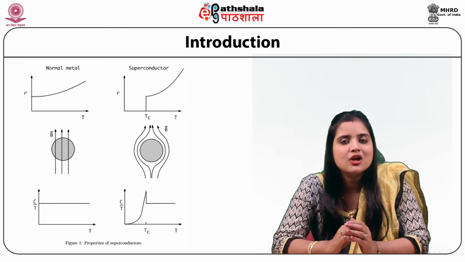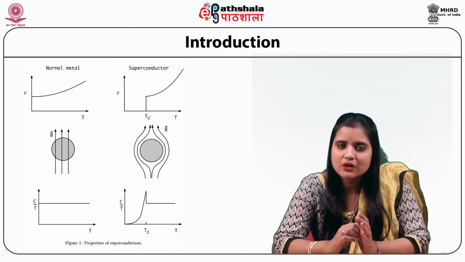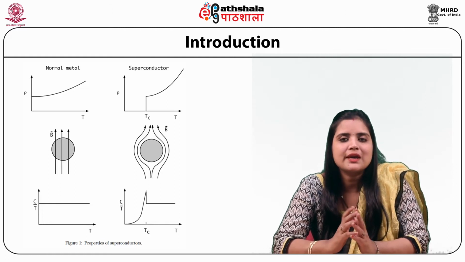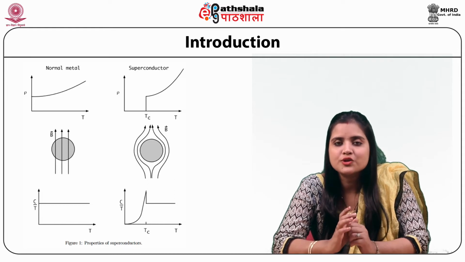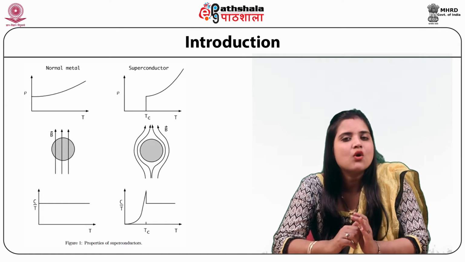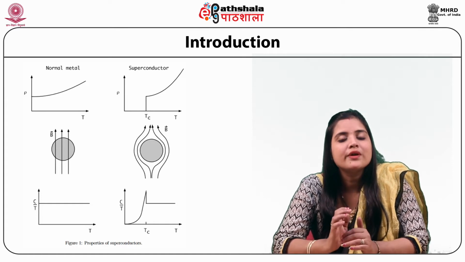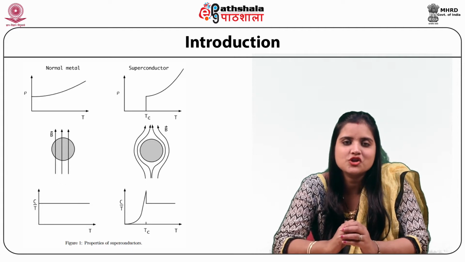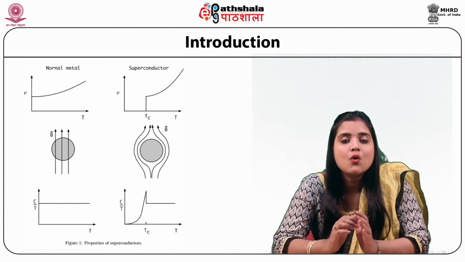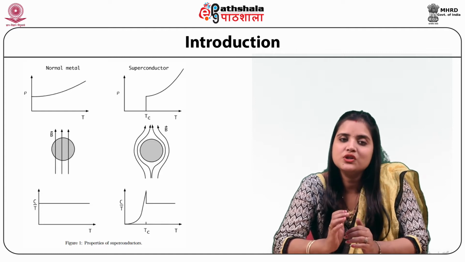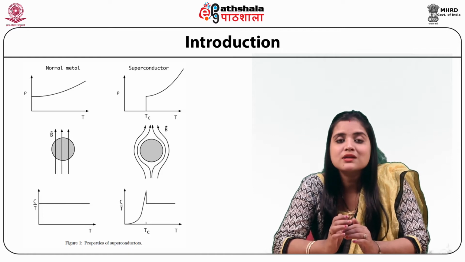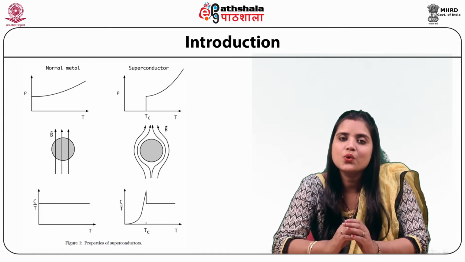Superconductors exhibit the property of perfect conductivity, such that the magnetic flux is excluded from entering a superconductor, as shown in the figure. It is also found that when the superconducting material was cooled through its transition temperature, the magnetic flux was expelled from the interior of the material. This phenomenon is known as the Meissner effect, which is shown in the figure.